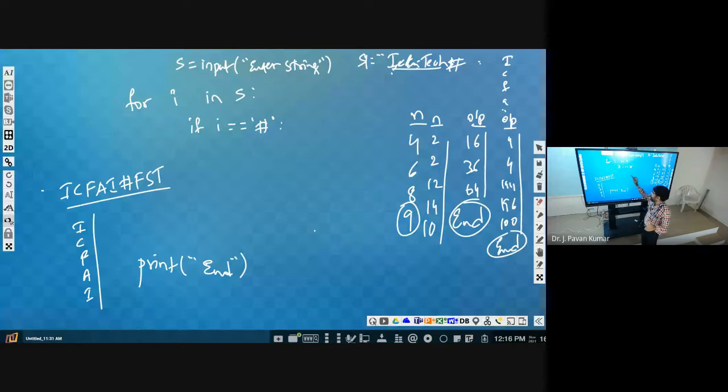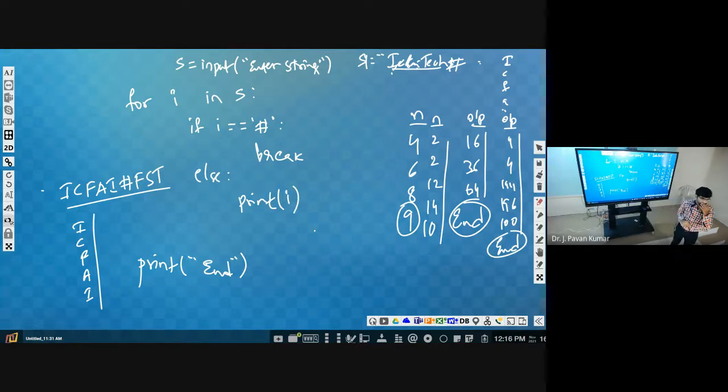We have to stop. Otherwise, we have to print. Else print I. In is called a membership operator, right? Yeah.